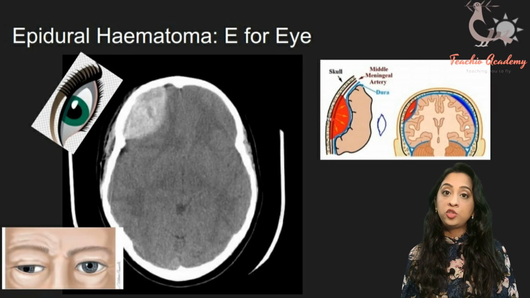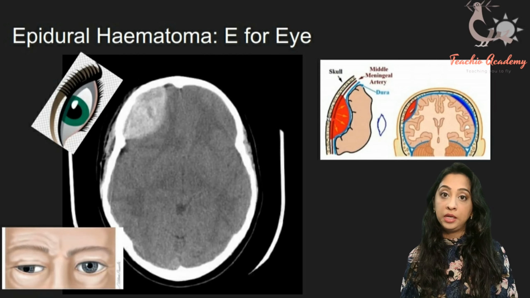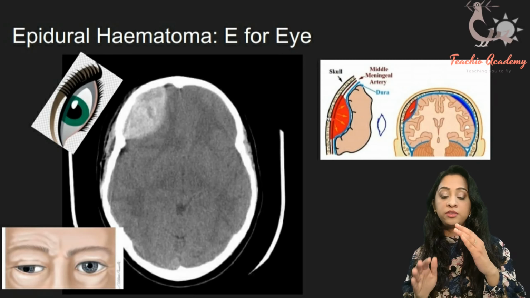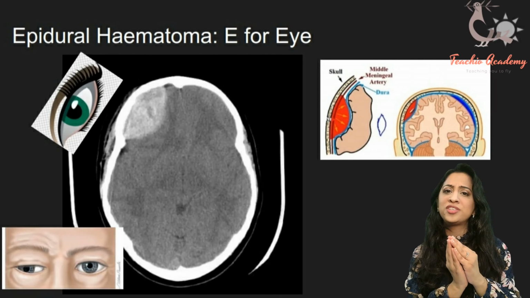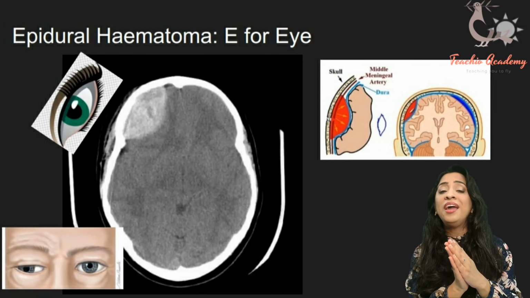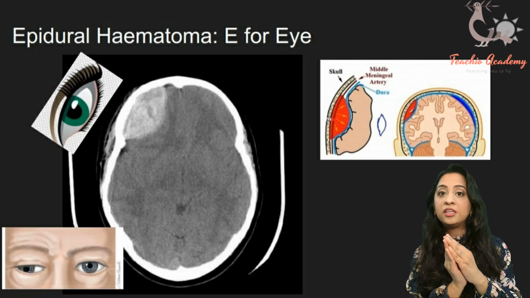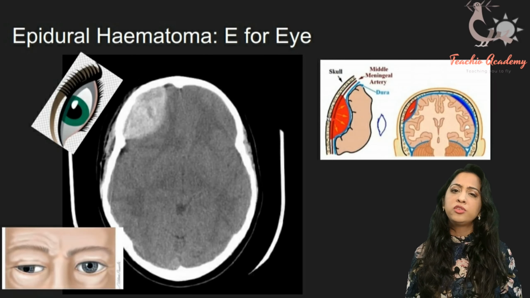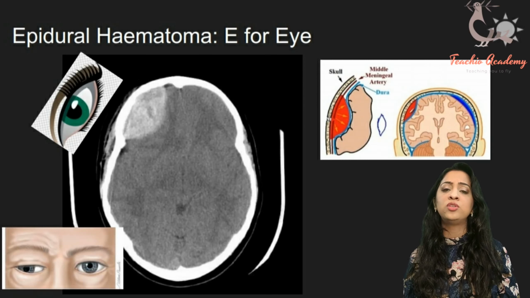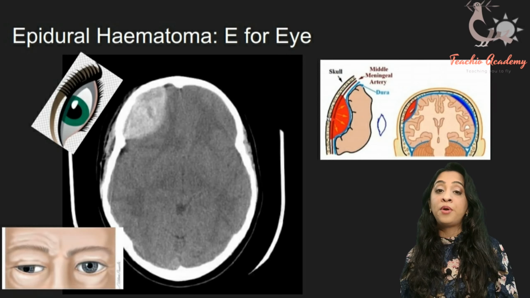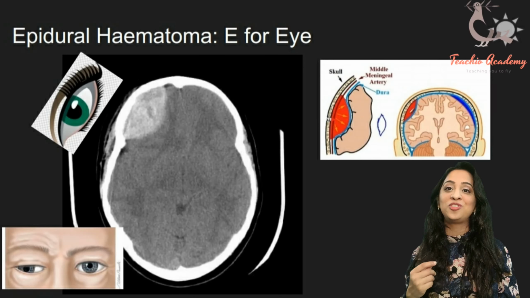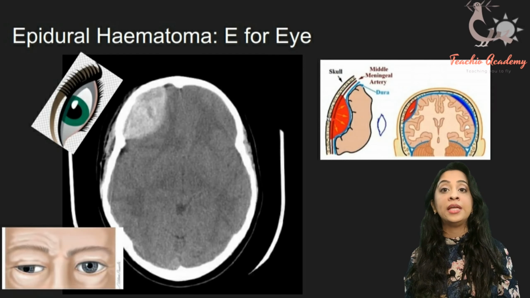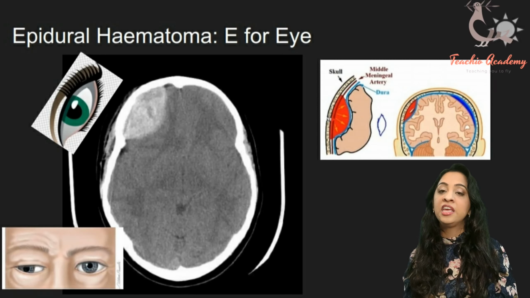Now because it's an artery, it's going to be a high velocity bleed. So if you can imagine, if you've got a tense skull on this side, which is actually a bone, and you've got a dura mater which is like a membrane, and you have a high speed bleed, you know the way that is going to expand? It's going to expand like a crescent. So that makes sense intuitively, that you'll see a crescent shaped bright red spot. Okay, so the CT scan has made life a little easy. The most dangerous thing, it shines bright on the head CT, and it's very, very difficult to miss, especially now that you've seen this lecture.